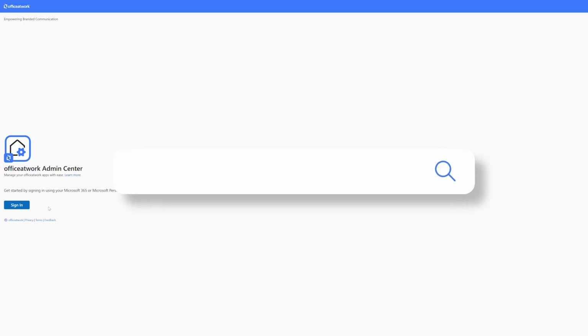The Office at Work Admin Center is a web application accessible through any browser, optimized for PC-sized screens and for use with a mouse and keyboard. It provides a seamless experience for users. To access the Office at Work Admin Center, simply navigate to